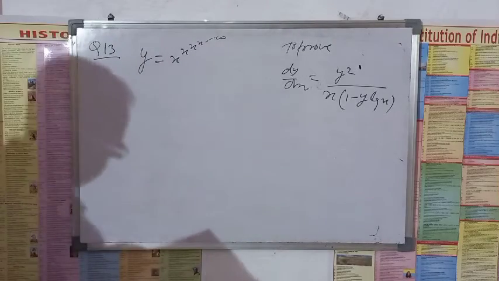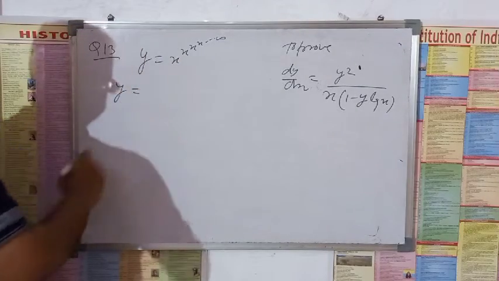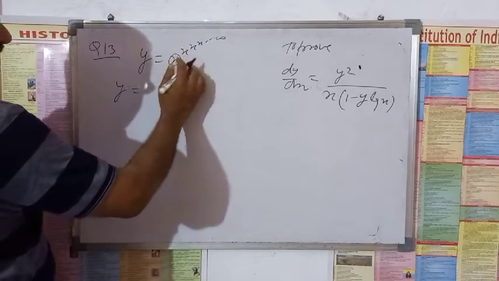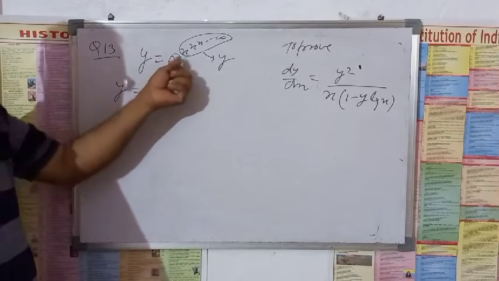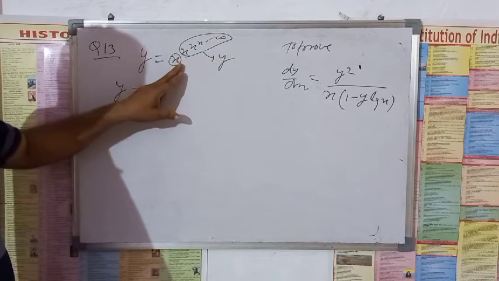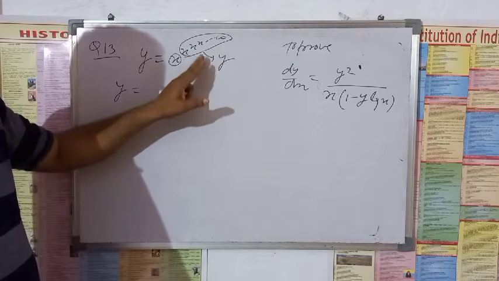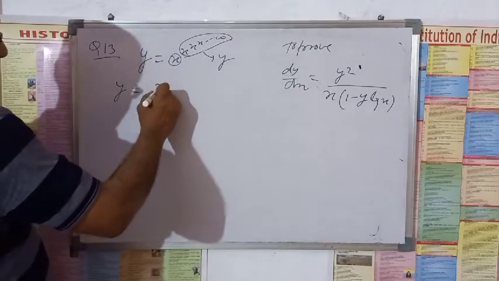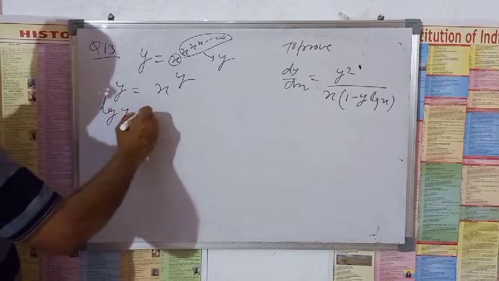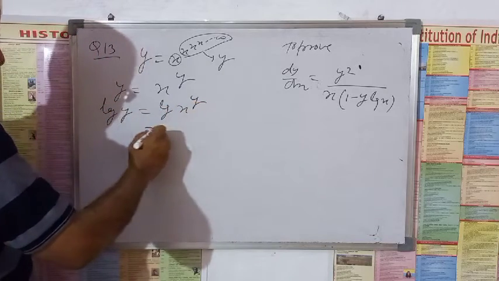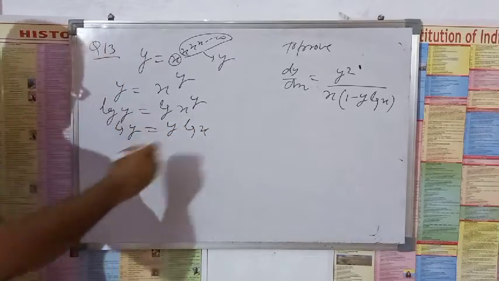So y is equal to x to the power x up to infinity is given. What can we write here? If we cover this first x, what is this remaining part? This part is also equal to y. If we leave the first base x, then the other power we can write as equal to y. So we can write y is equal to x to the power y. Take log. So log y is equal to log x to the power y. Use the power rule. So log y is equal to y log x.